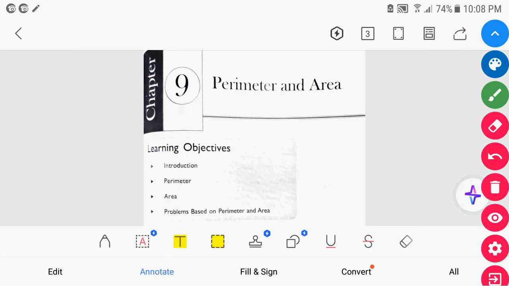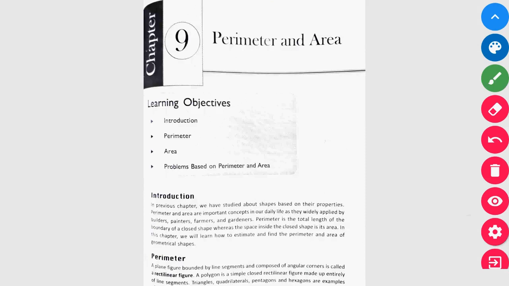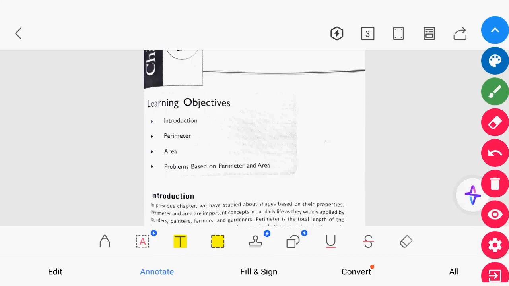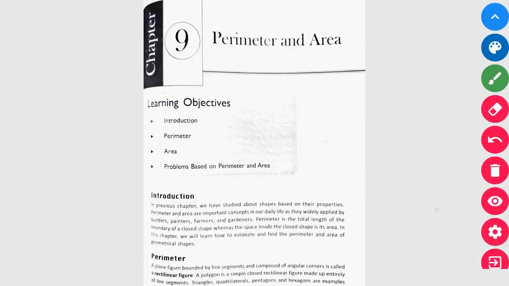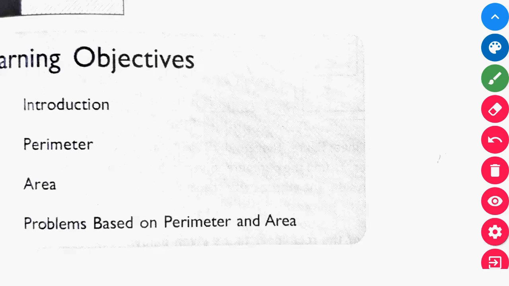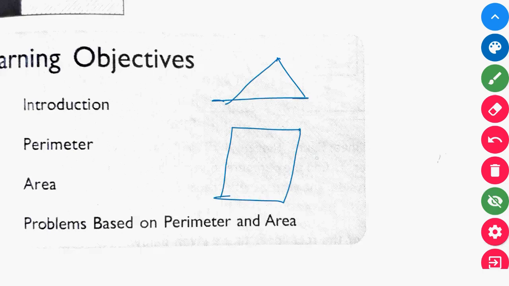Okay. So in Olympiad for grade 4, now we are moving ahead to our next topic, which is perimeter or area. What is meant by perimeter? See, if any figure is there, we learn about the different geometrical shapes in the last lecture. So what are those geometrical shapes which we learn in the last lecture? I will draw some of them. We learn about triangle, we learn about square, rectangle, pentagon,